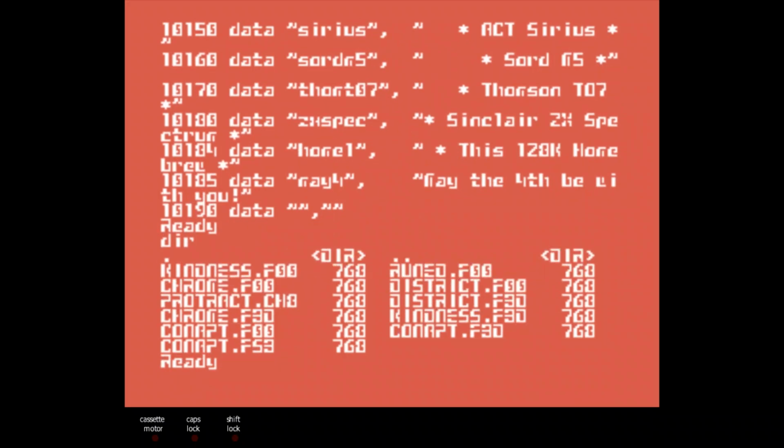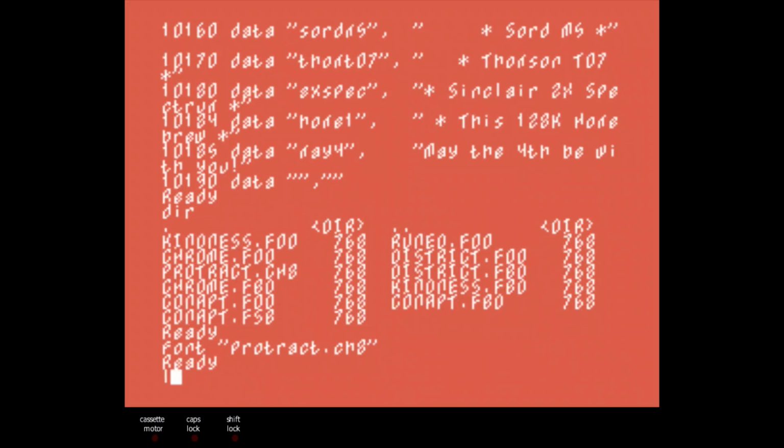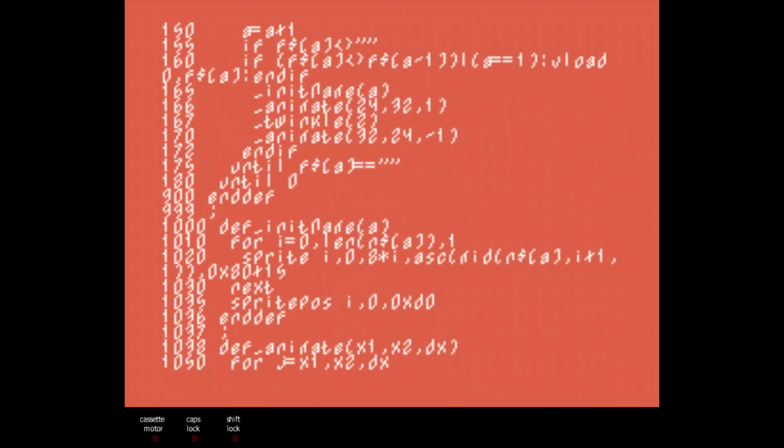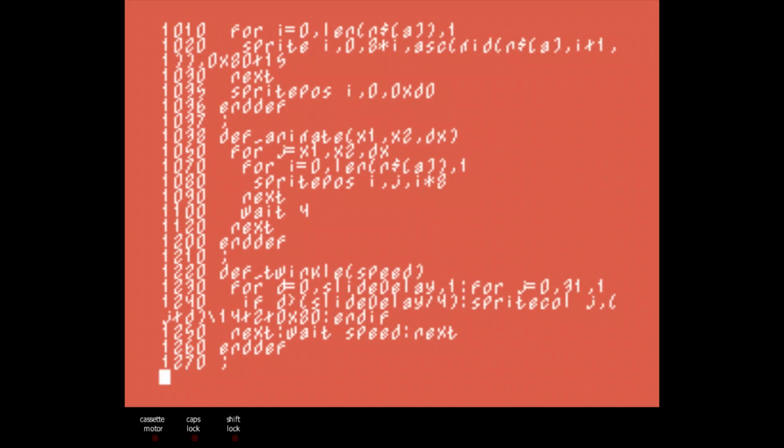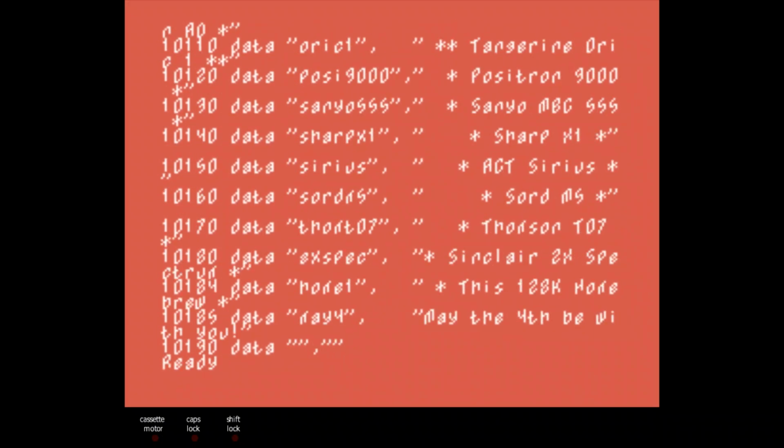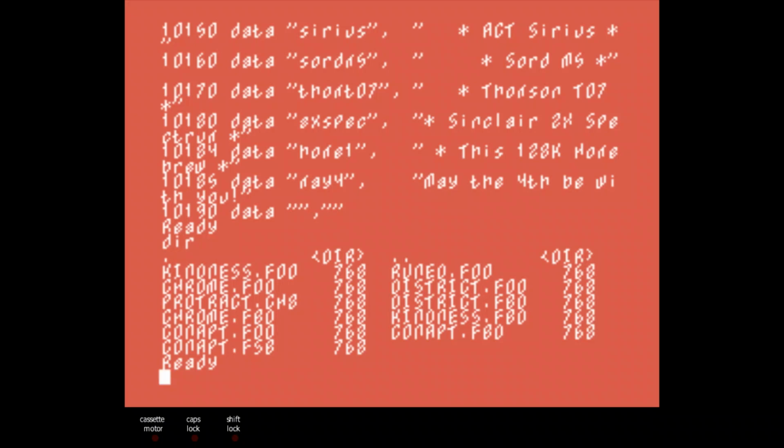So there's a few fonts there. Let's just load Protract, because I can't remember what that looks like. Protract.ch8. Oh yes, it's kind of like a slanted. So very, very good indeed. Very, very appreciative to Damie Eng to allow the use of their fonts,